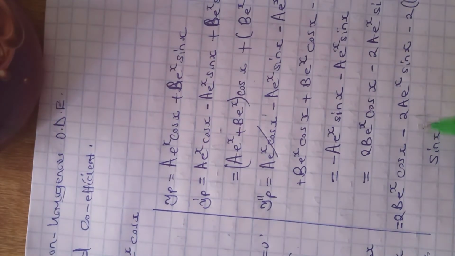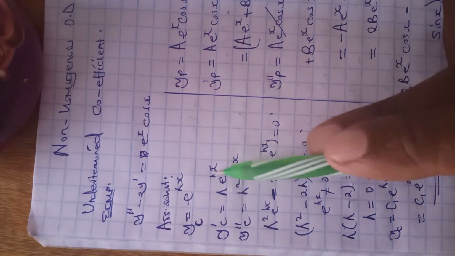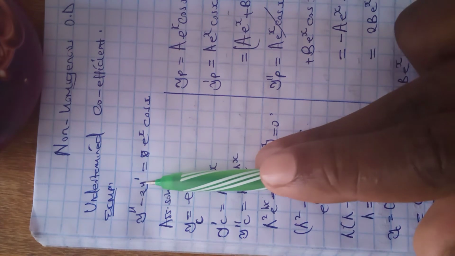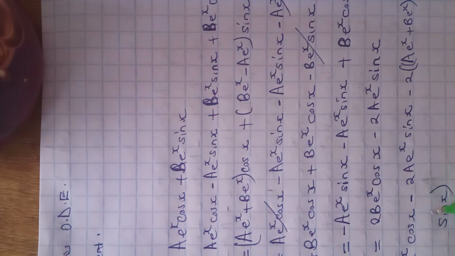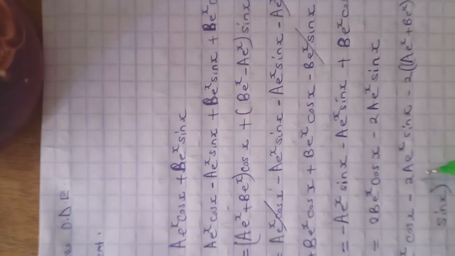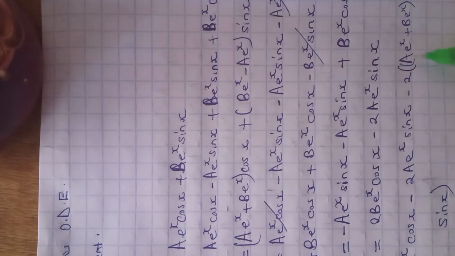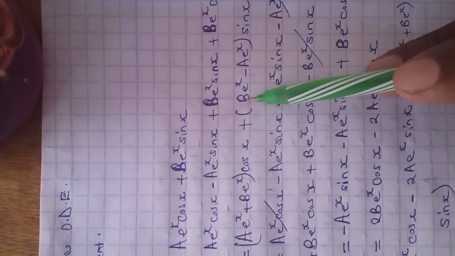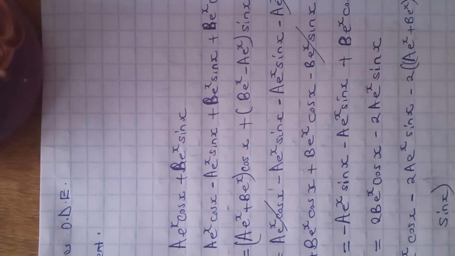Now we proceed. The same thing we did over here, after having both differentials, we now insert them into our original equation. We also do this with our y of p, and we shall have 2Be^x, 2 exponential x cos x minus 2 exponential x sin x, minus twice the second batch, this one. So finally we shall have our equation to be,